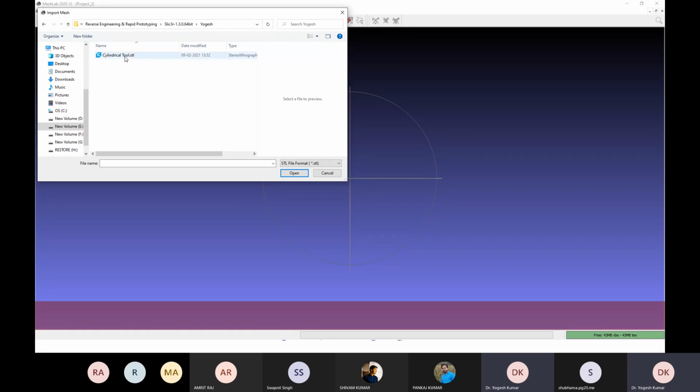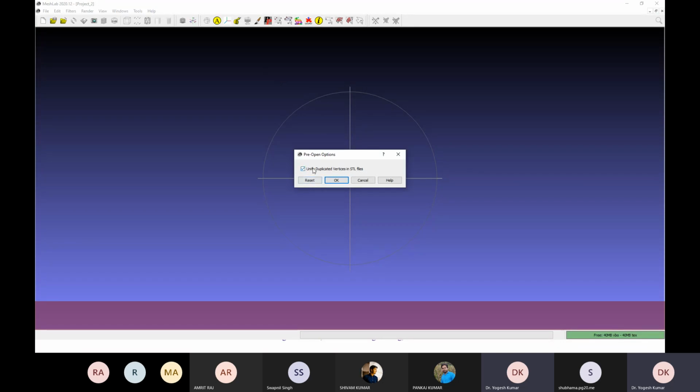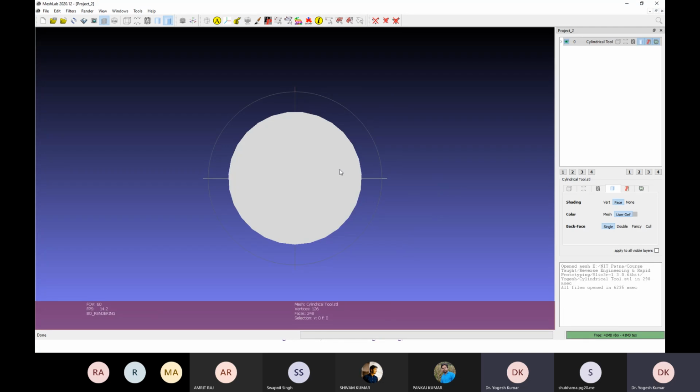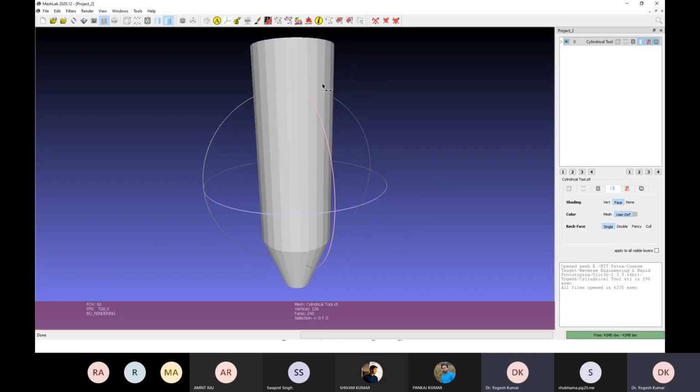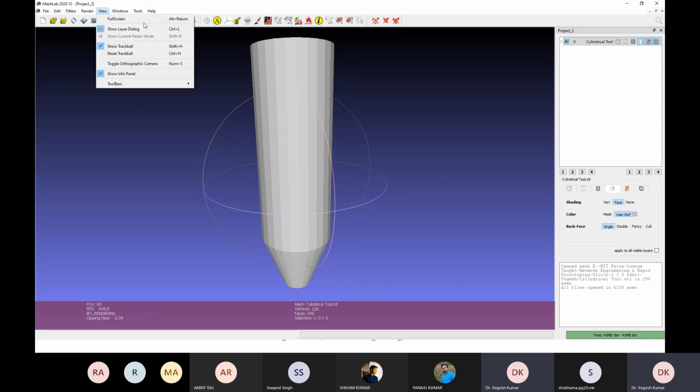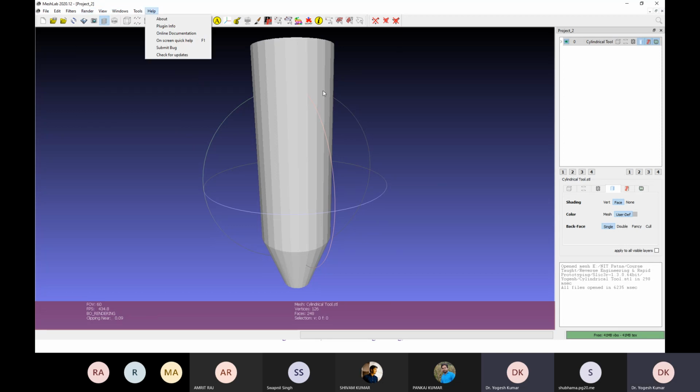CAD model. So this was the file which we imported with the name cylindrical tool. Here you can see this file has been imported into your modeling software. So let me convert its view. Okay.